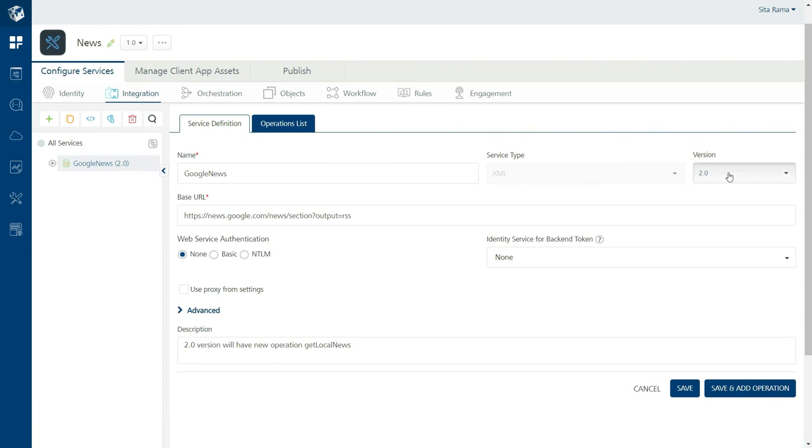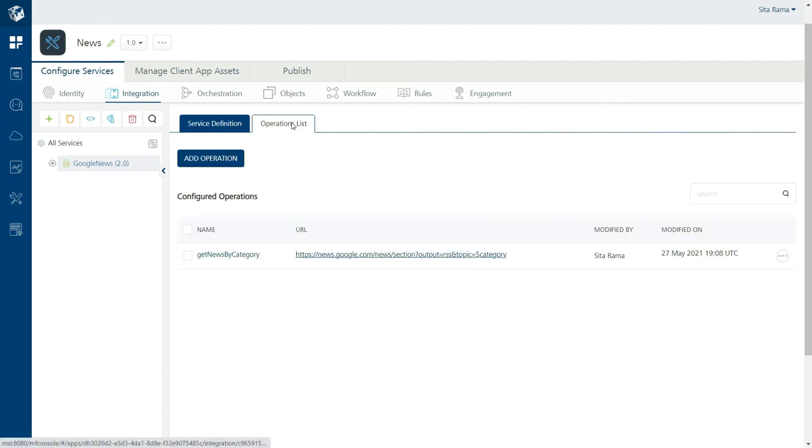Now if we see under the version drop down, we have the 1.0 version of the Google News integration service, and we also have the 2.0 version. So now we are in the 2.0 version of the Google News integration service. I go to the operations list, and I will add one more operation.